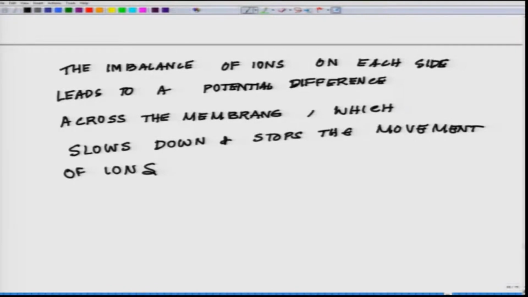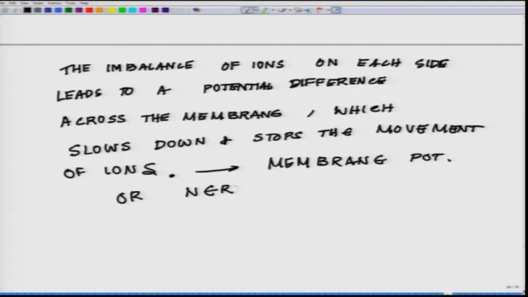This is known as membrane potential and sometimes called Nernst potential. This is what is called membrane potential or Nernst potential. Okay. Membrane potentials are often found in biological cells where the concentration of, now we will introduce potassium,